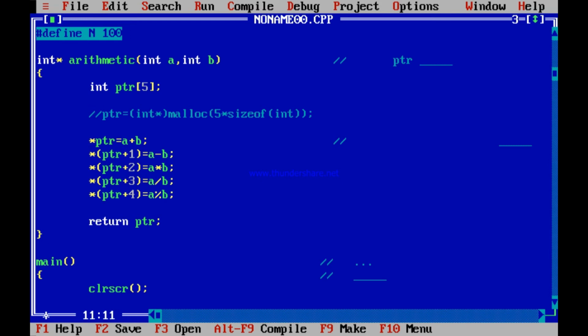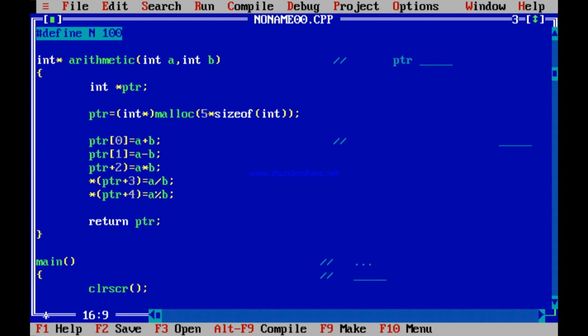I just show you one thing before doing this. Say it was int star PTR. I just go back and show you one small thing. It's not PTR[5]. Say int star PTR was there. Everything is as good as this. This star PTR, cannot I also access it by PTR[0]? Please check this. Star of PTR plus 1, cannot I also access it by PTR[1]? It's all the same, because star of PTR plus 2 I am accessing the memory locations. So the memory locations can also be accessed by the array concept. Similarly, star of PTR plus 3, you can always write PTR[3]. Similarly, star of PTR plus 4, you can always access PTR[4].